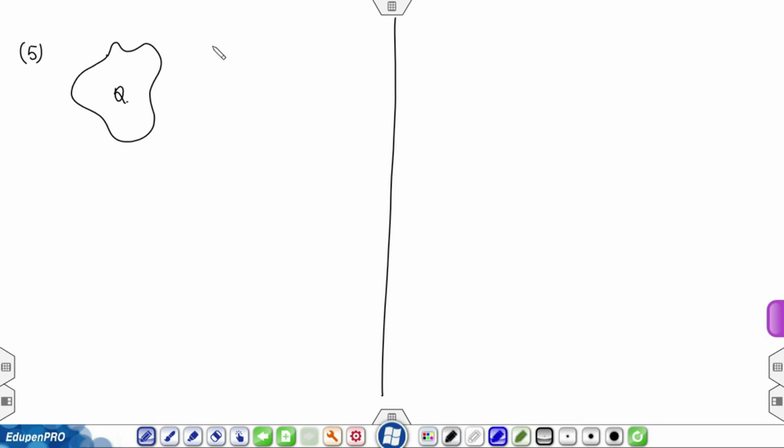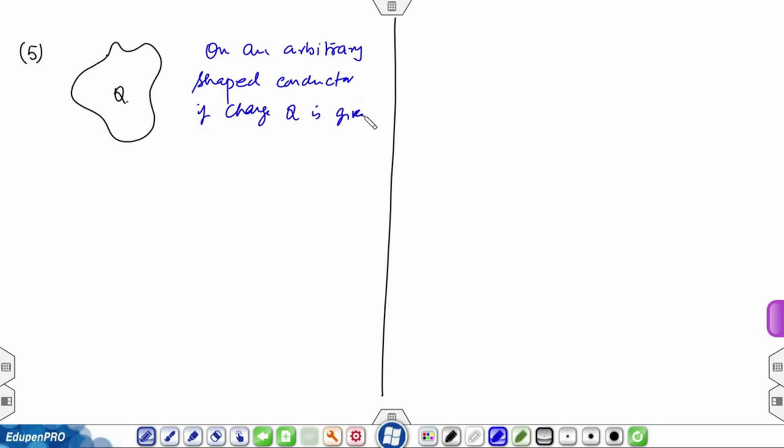So, then the claim is that on an arbitrary shaped conductor, if charge q is given, then the field will be largest near sharp corners,